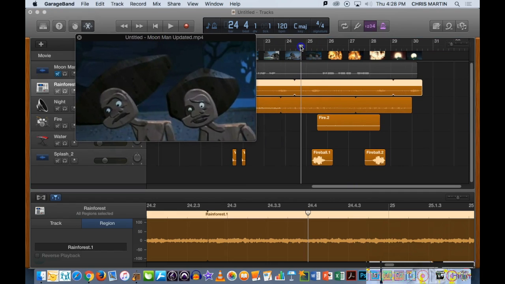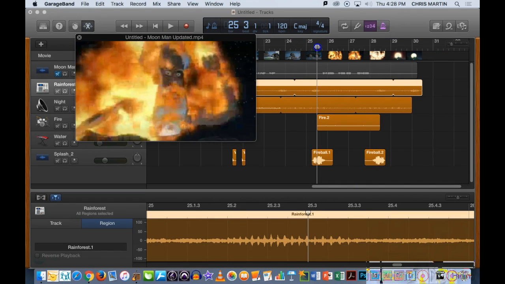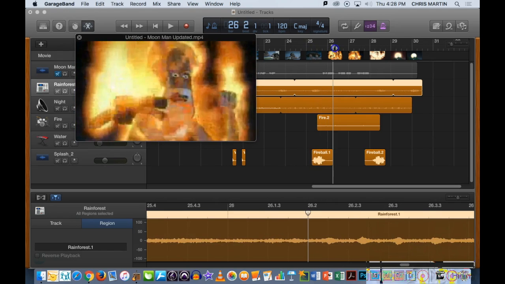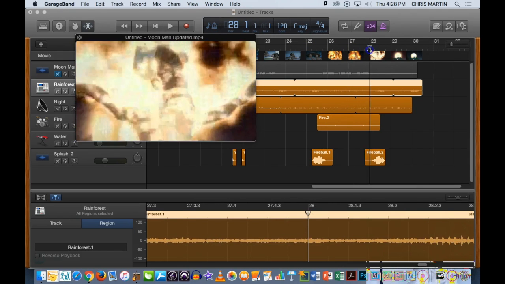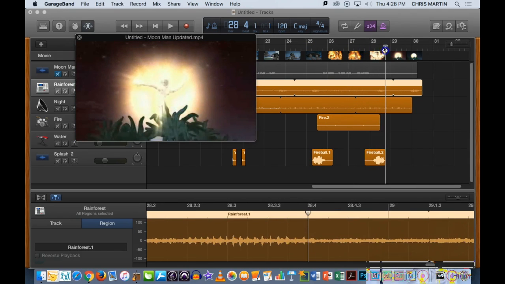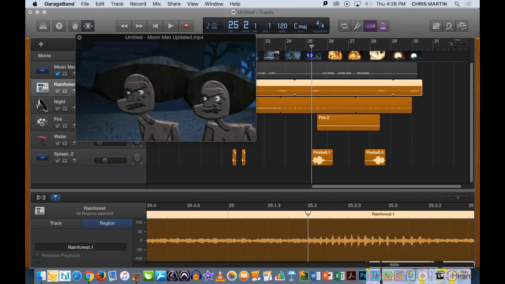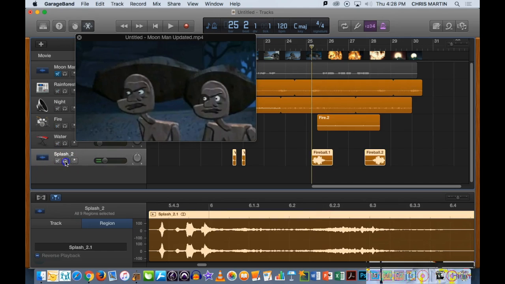So for this last sequence, I saw that we had something that looks a bit like a fireball. Moon Man bursts into flames here. And then at the end, he becomes the moon. So that's the end of the story there. Now I've done one slightly tricky thing here, which I'll just show you. So with the fireball sound,